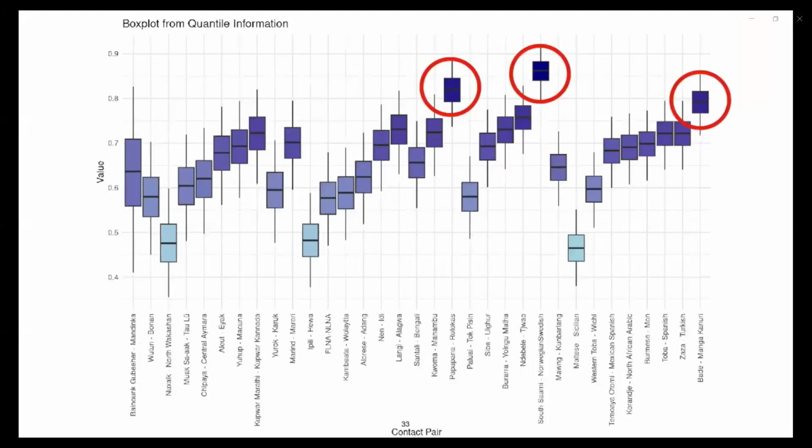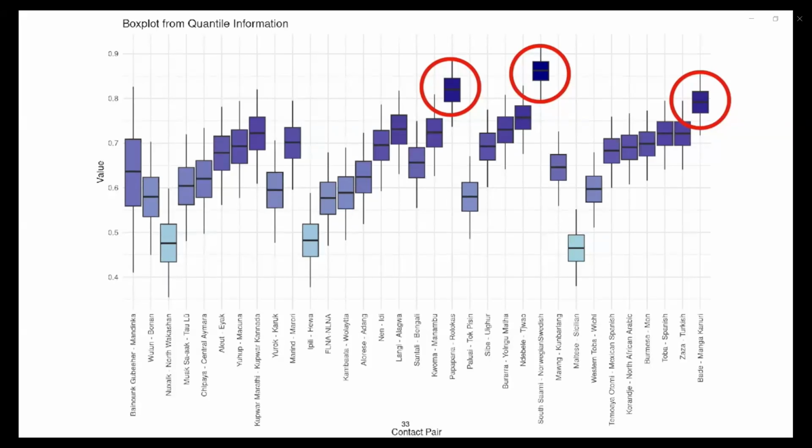In this diagram here, I've plotted the probability distributions as box plots. The x-axis shows the value representing the intensity of contact, so the higher the value, the more intense the contact. And the tighter the box plot is, the stronger the evidence we have that the score we're showing is representative of the real world phenomena.